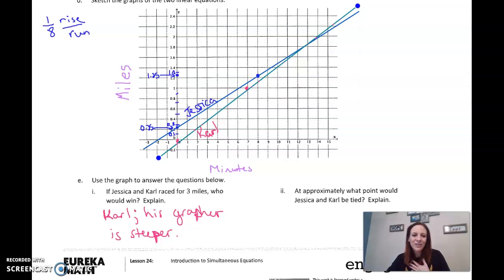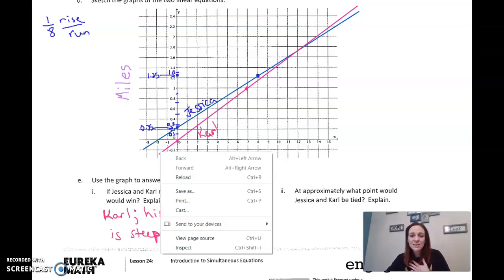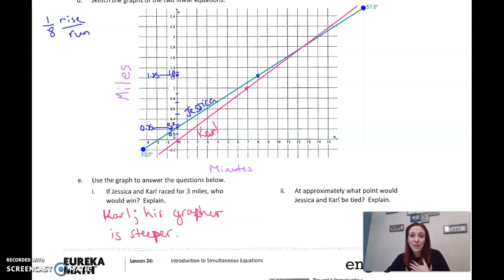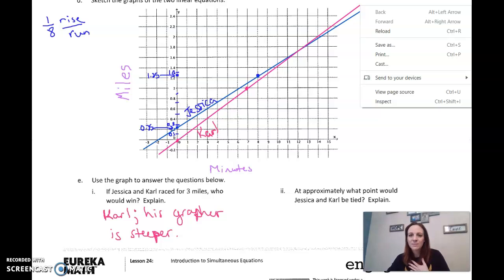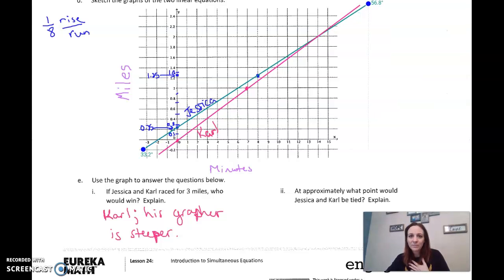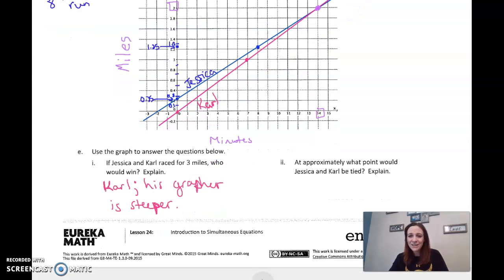But I will tell you, where your lines intersect, that's really important. That's where your solution is. Because remember, we talked in the past, the line represents all the solutions. So where they cross is important. Okay? Anyway, I apologize. For the sake of time, we're crossing right here at the 14 with the 2. Okay? So when it says at what point would Jessica and Carl be tied, where their lines intersect? Okay? So that occurs at the point